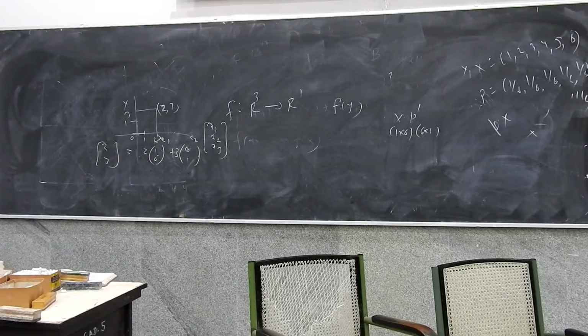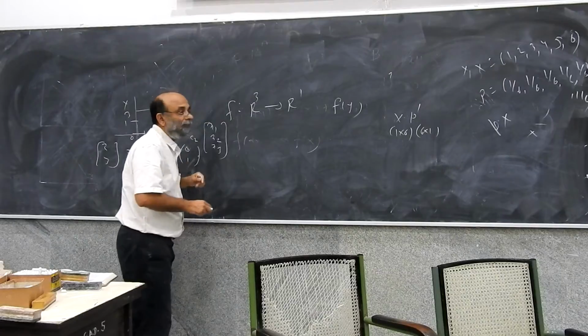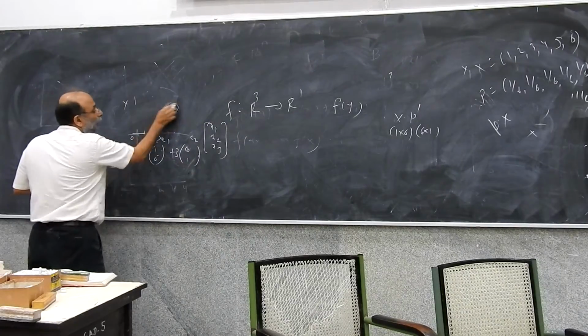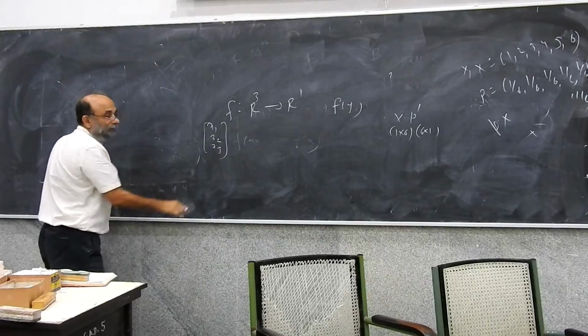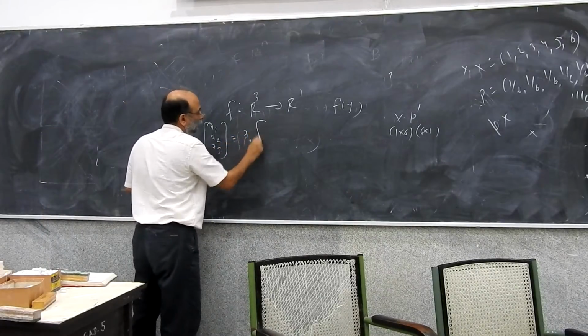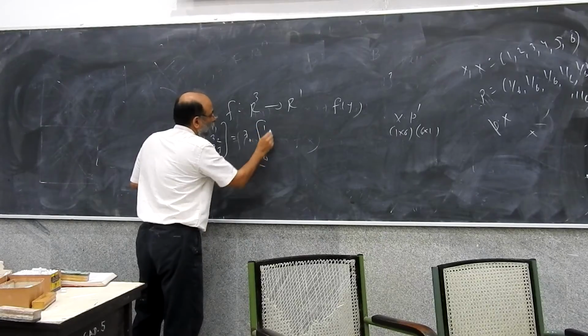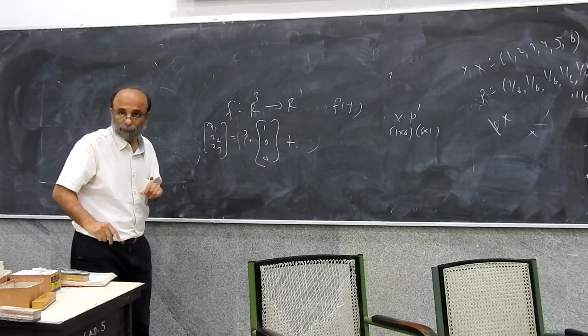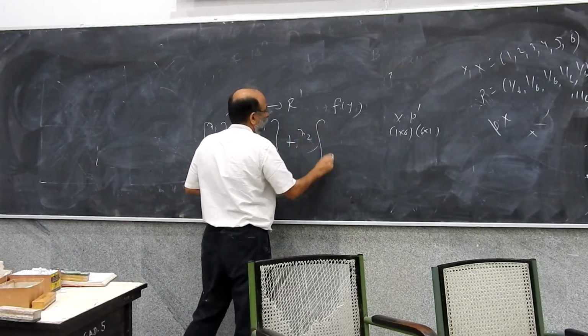Similarly, in R3 there will be a canonical basis. What is the canonical basis in R3? 1, 0, 0, 0, 1, 0, 0, 0, 1. So think of such a canonical basis in R3. Therefore, our vector x1, x2, x3 can be written as x1 into 1, 0, 0 plus